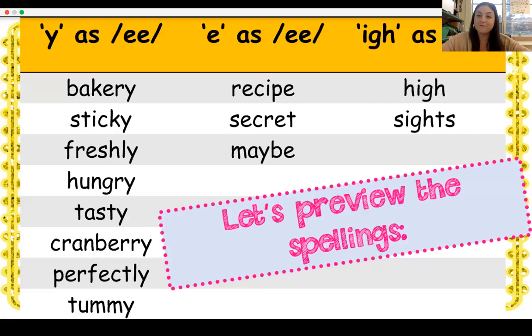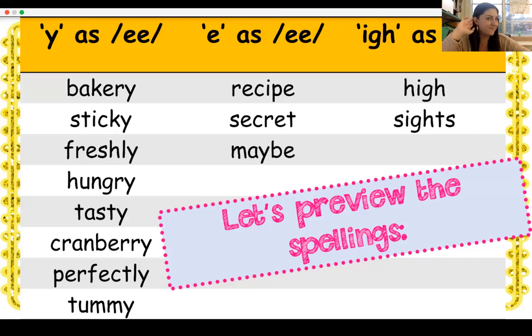All right, we're going to review some of our spellings. Here we have the Y where it's saying the E sound in bakery. You can say it after me. It's going to help us when we're reading. Sticky, freshly, hungry, tasty, cranberry, perfectly,